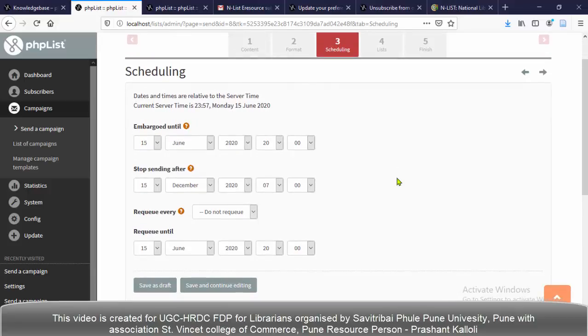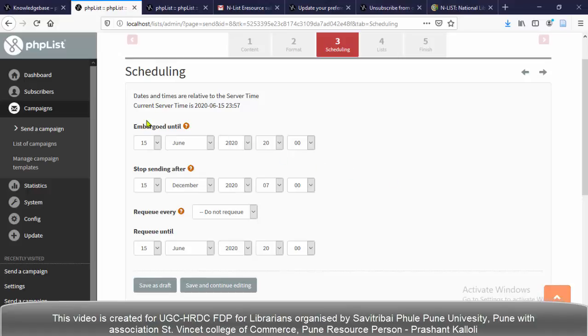You may be thinking about scheduling mail, that at 1 p.m. I am sending this mail, after 2 p.m. or 3 p.m. I am sending some mails. Such thinking and such a procedure is here, and it's a powerful tool, a great feature of phpList which you cannot get anywhere.